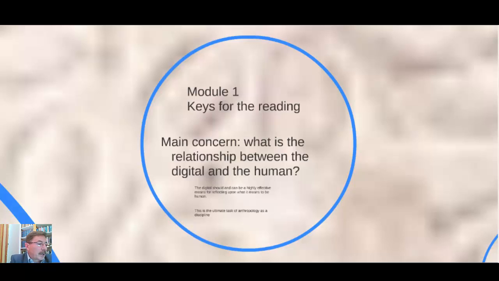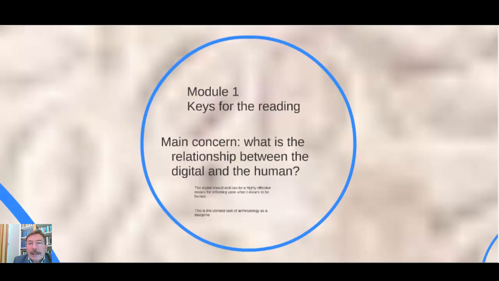I really like this book as an introduction to what we need to get our hands on, because it has not just different aspects being explored, but it actually has people doing research that is at the leading edge of anthropology. So for this initial week, you're going to be reading the introduction of the book, and today I'm going to be giving you some keys to understand the introduction, which, by the way, will give you keys to understand the actual book.